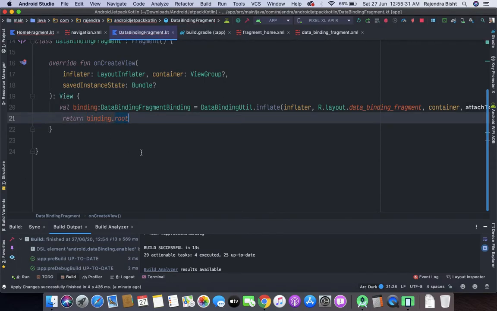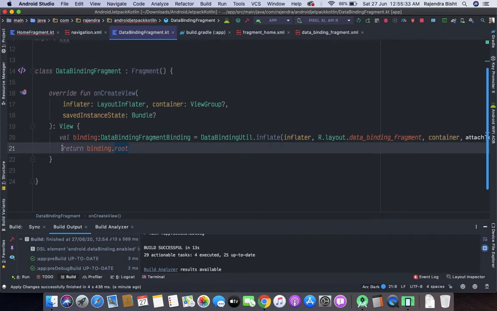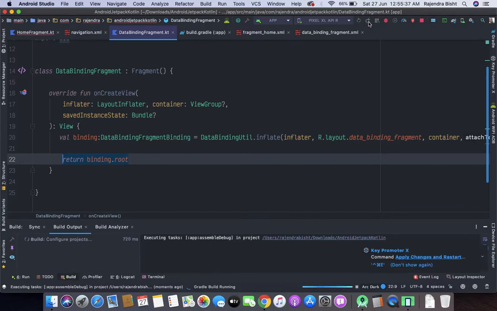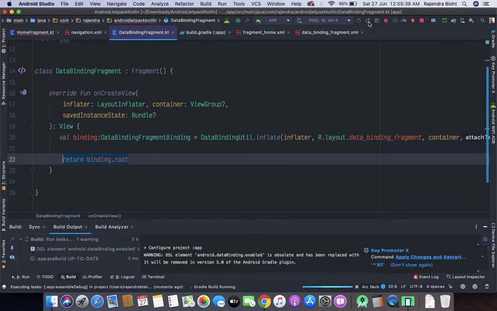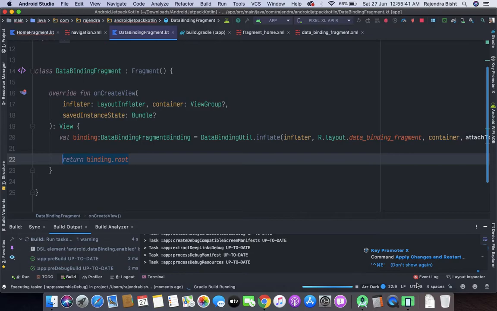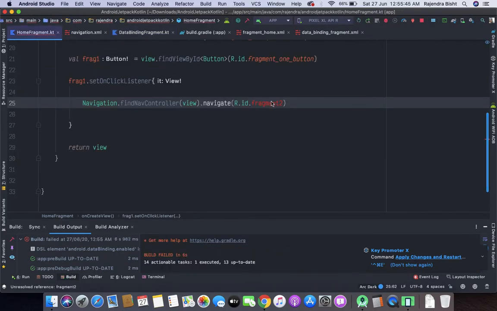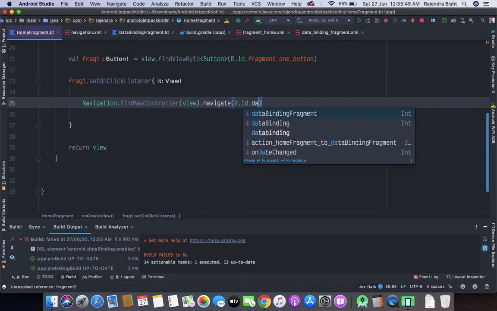Okay, now it's done. Let's run this app. Okay, we have changed fragment to data binding fragment.